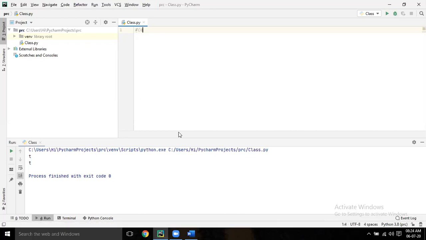Bracket start, a plus b, equal to a square plus b square plus 2ab. How to prove? Okay. I'm giving you 5 minutes. Do it.